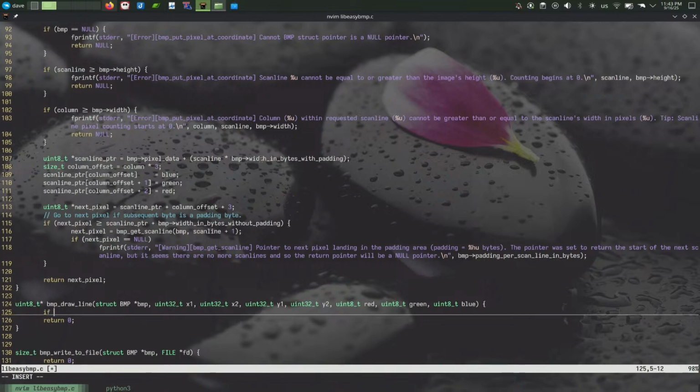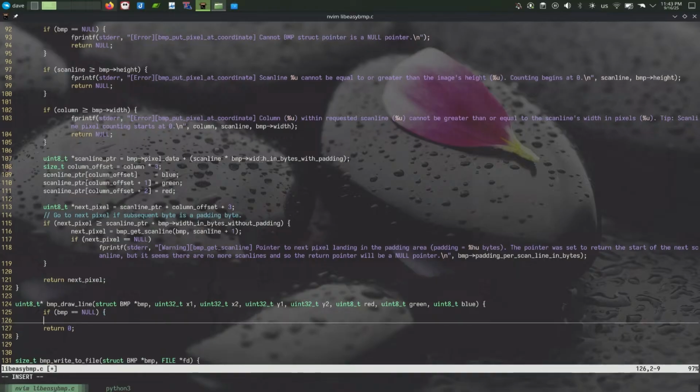Anyway, let's check if the BMP is null. If the BMP is null, that's a problem. There's no pixel data for us to be able to address, right? So what we'll do is we'll print to standard error and say,